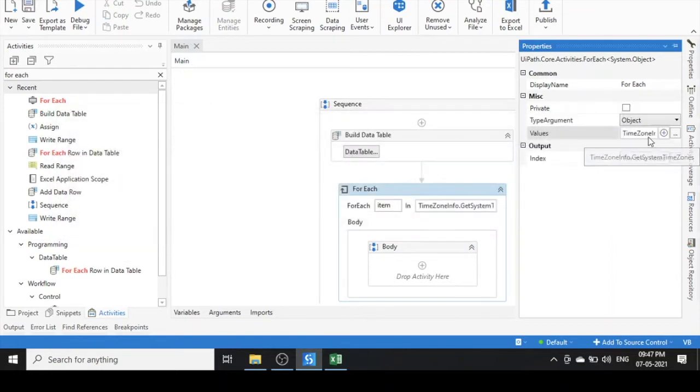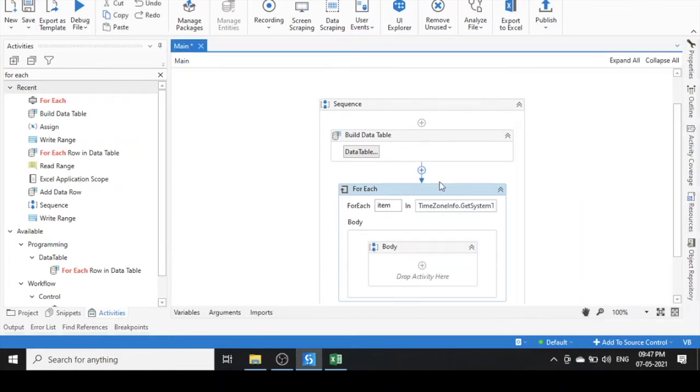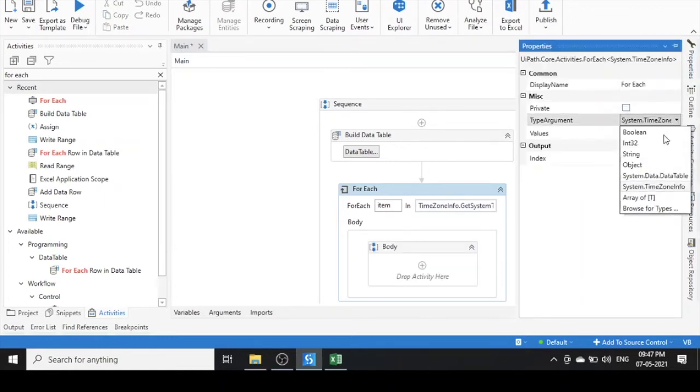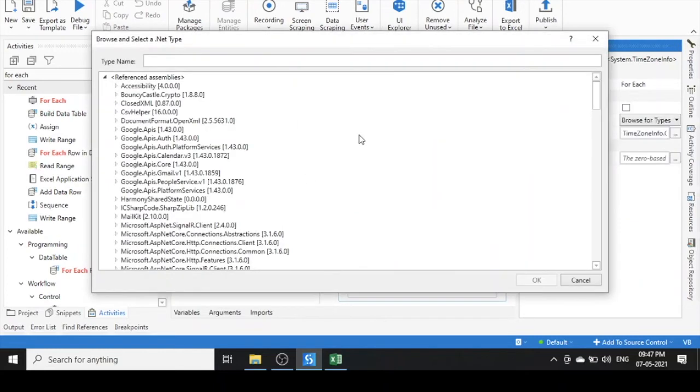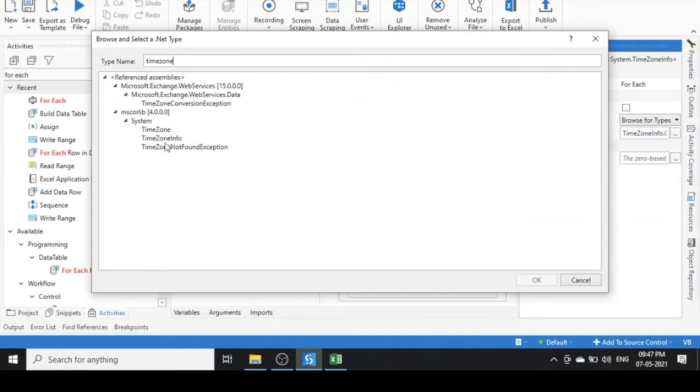It will return you the enumerable object. So let me change the argument type. Argument type is time zone. Okay, so here you will see, let me browse for types, I'm going to type time zone, and you need to select TimeZoneInfo.